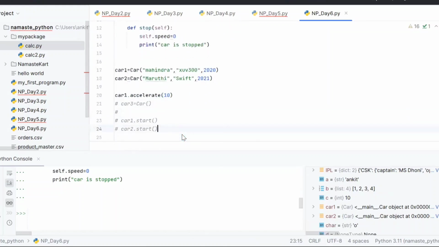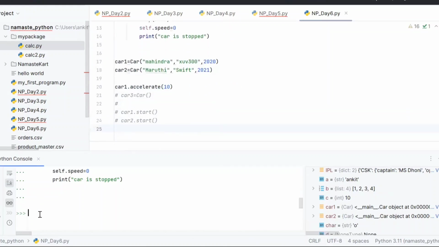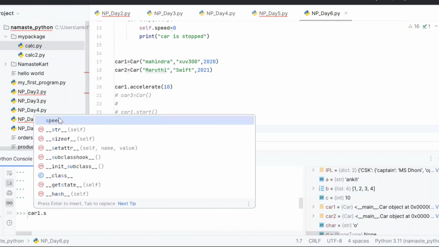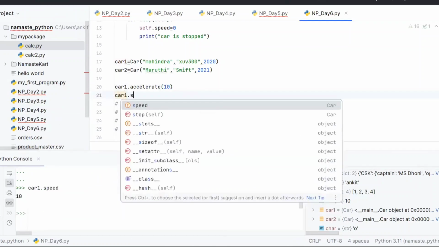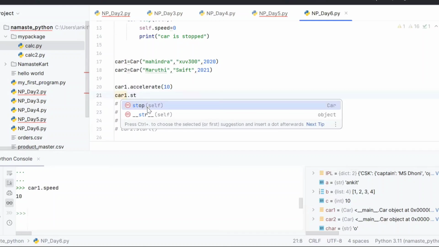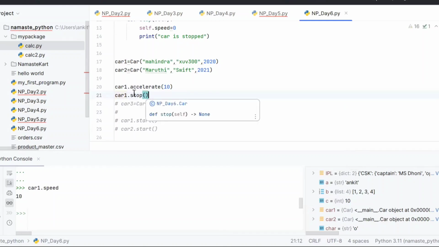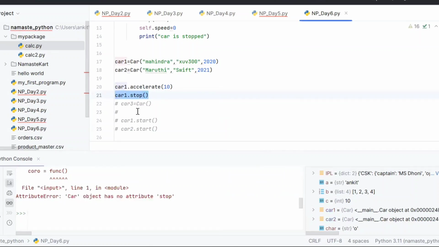So this is done. Let's do this. So I will say car1. Acceleration is already done here. Car1 dot accelerate. So if we check the speed, this will be 10, right? Now I will say car1 dot stop. I don't have to pass anything, right? And this self that it shows is an object only. So if I run this now,